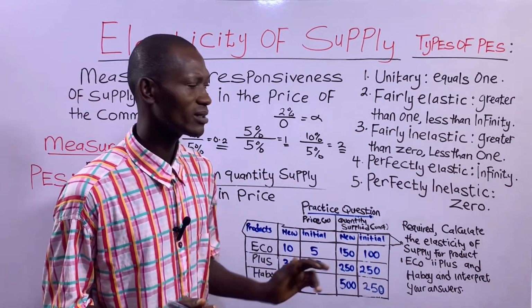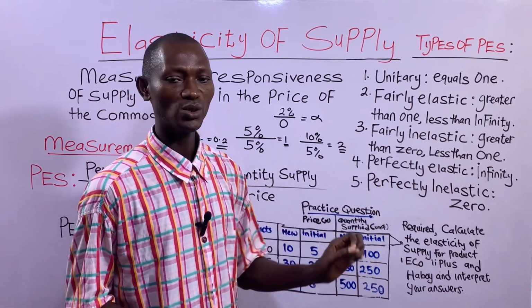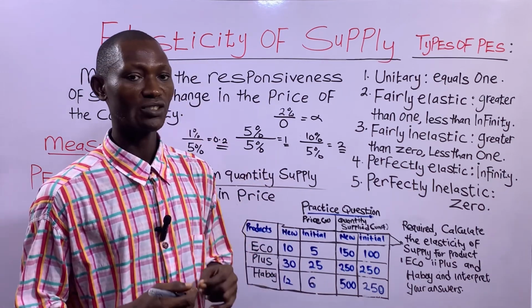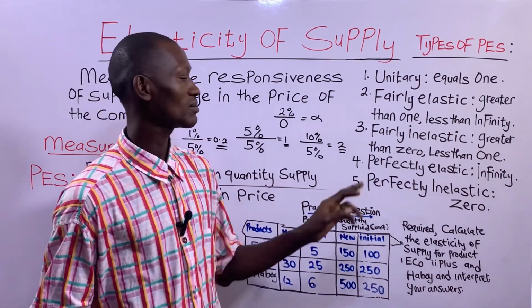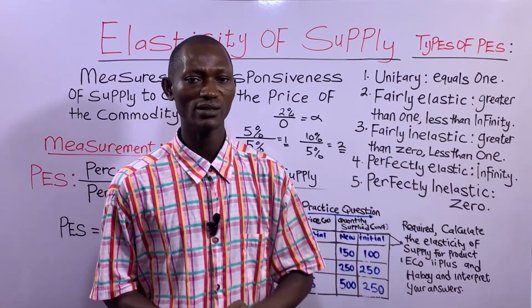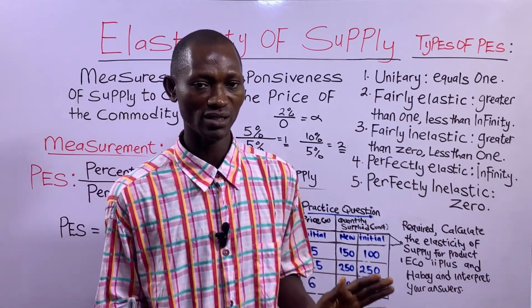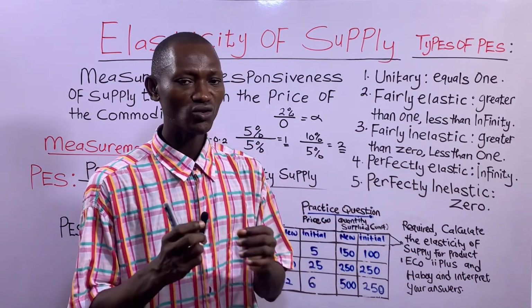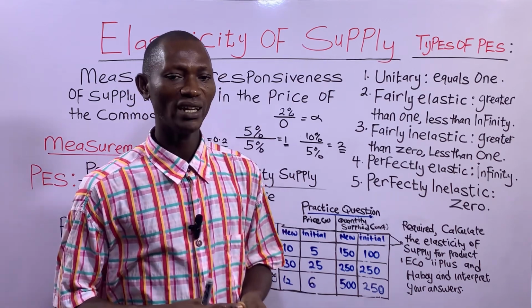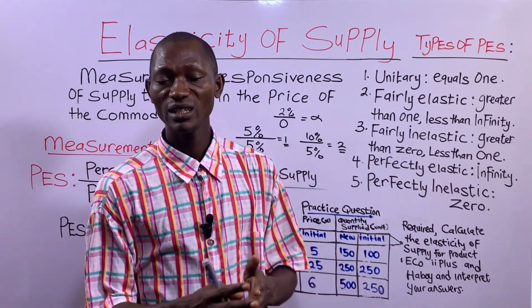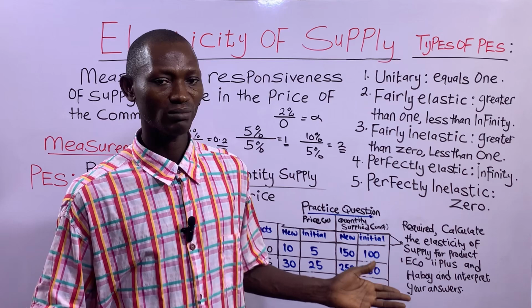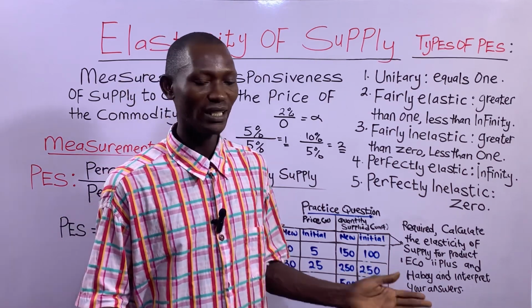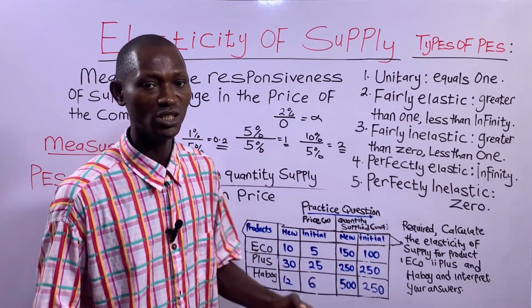And in reality, what this means is that as a producer, if the elasticity coefficient of your product is perfectly elastic, the market is highly competitive. There are a large number of producers. So when you try to increase your price by a little, your supply may reduce to zero. Exactly. Your supply will reduce so much